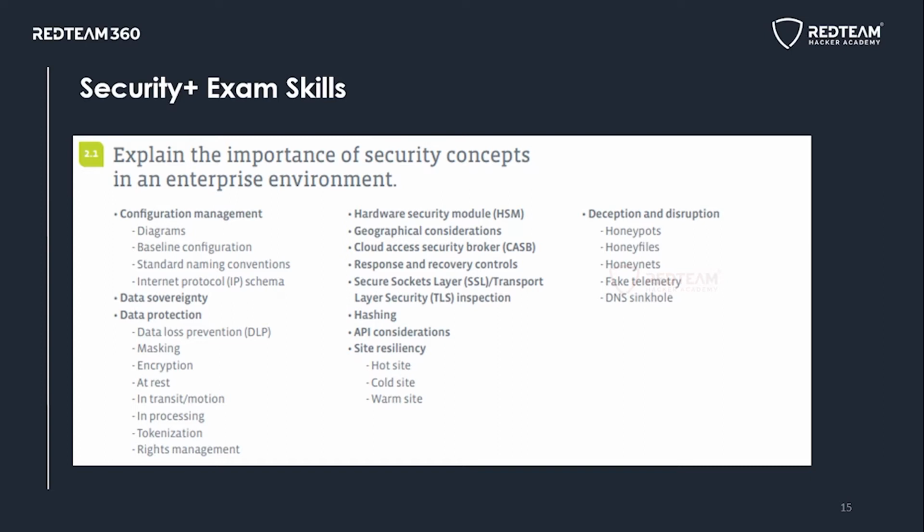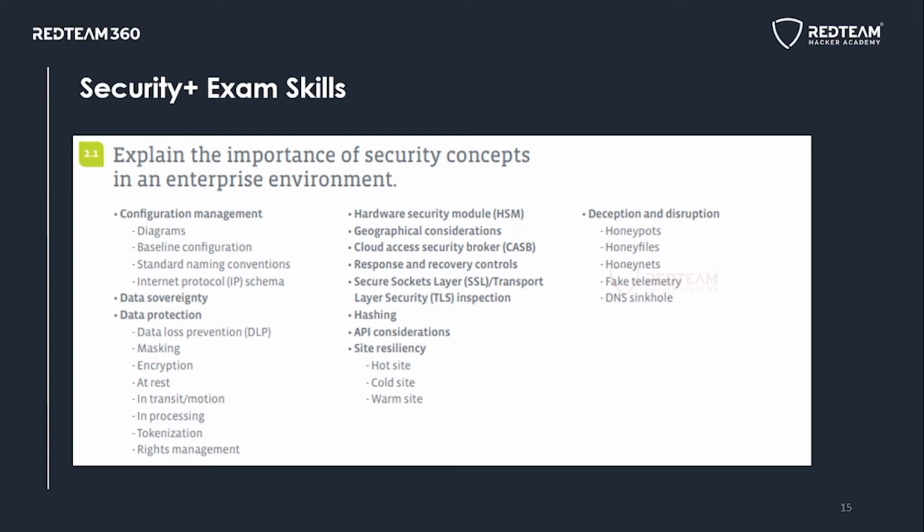SSL is no longer considered to be secure, so the use of SSL should be discontinued. Instead of SSL, we should be using TLS. Hashing is a mechanism that is used to implement data integrity. To identify any changes that have happened to the data, we use hashing mechanisms. Then